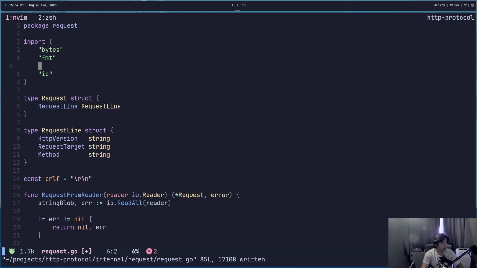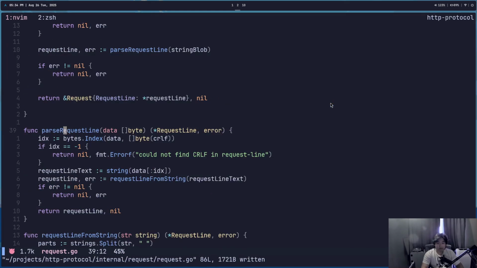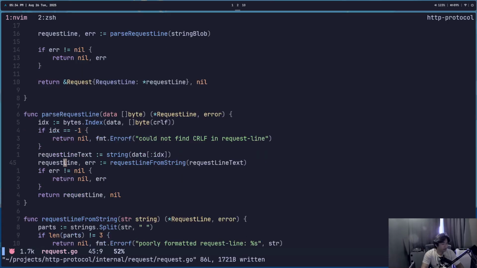Okay, so we do need strings. What else do we need? Okay, nice. So what do they have? What do they do here? They got the index bytes.index data. If we can't find the first instance of it, then take the slice from 0 up to that. Then the request line is equal to request line from string, which is